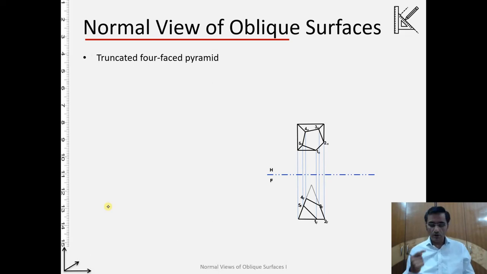First of all, we'll try to identify, is there any line on the oblique plane which we know as the true line or the true length. I will repeat, for the given oblique surface or oblique plane, on its projections onto the horizontal or on the frontal, we will try to find a line which is projected as the normal line, okay. If it is not projected as a normal line, and that is quite possible, then we will have